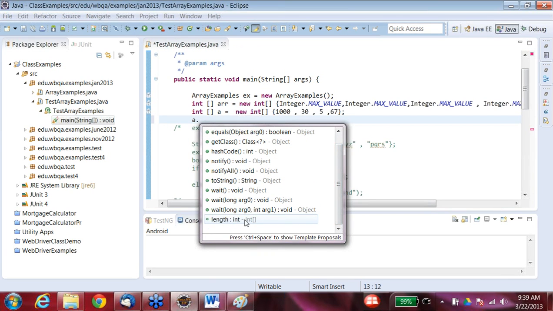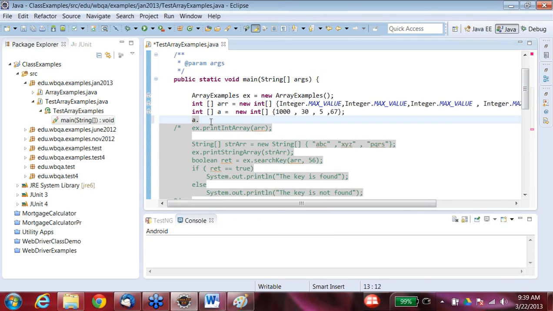Then you have another property which is called length, right? So length gives you the length of that particular array. One more thing, whenever you define an array, there are three things which you need to define. First thing,